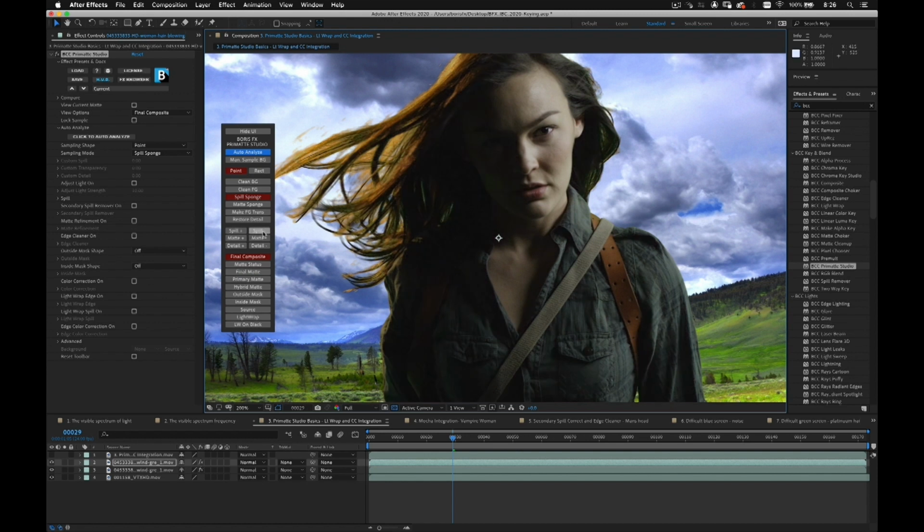And now I'm going to try this tool here, this spill reducer. So this runs in very fine increments. The first one, this is like a sledgehammer. This one, it's like a fine jeweler's hammer. And I'm just going to go in and start clicking through the same spots in this shot at the top of her hair. Click and drag. So it's doing a snake line sample. Same thing down here. And it's looking much better than it was, but we still have some issues on the